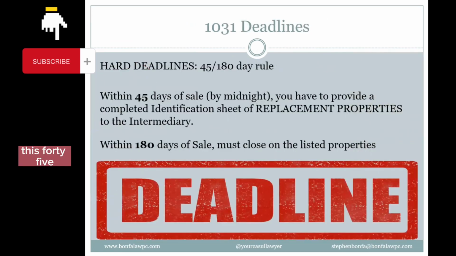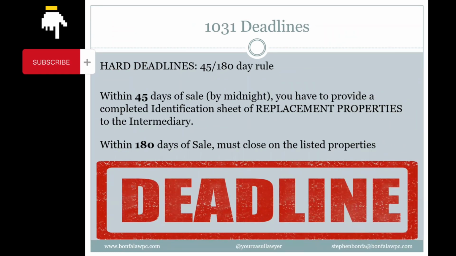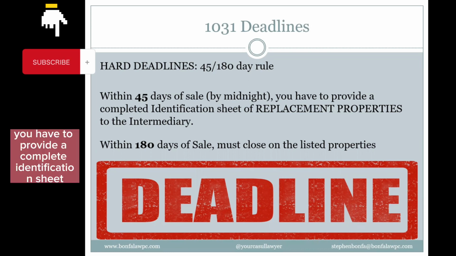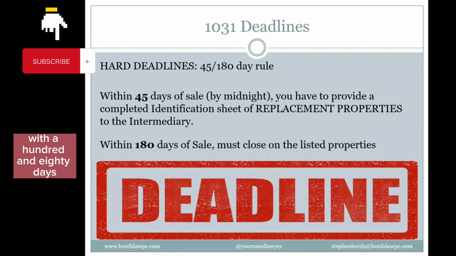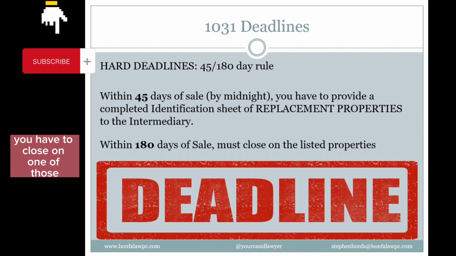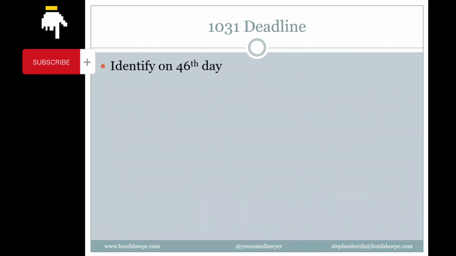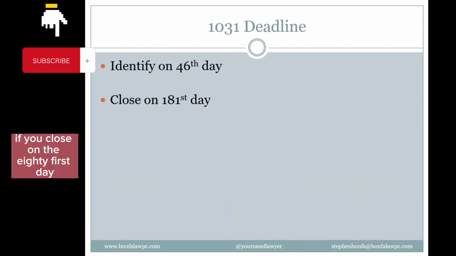The 45 and 180-day deadlines are hard. You're off a day, you got beat. So within 45 days of the sale, you have to provide a complete identification sheet with the list of replacement properties to the intermediary. Within 180 days, you have to close on one of those, or all, one or some of those listed properties. So if you identify a property or properties on the 46th day, or if you close on the 181st day,